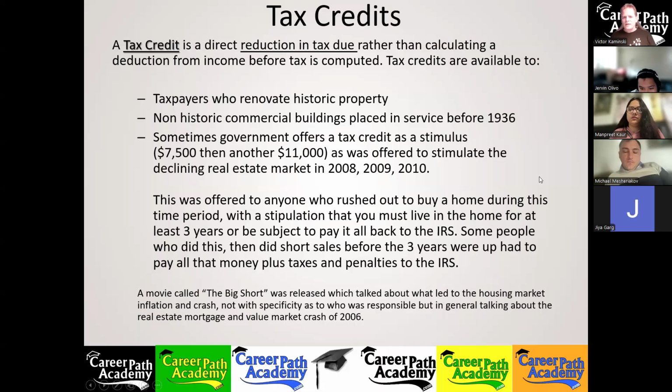Now, at the end of that stimulus program, 2009, what happened? The markets continued correcting themselves, and the property values started to drop like a brick when that $7,500 incentive went away. So politicians, still not learning from their lesson, said, "Oh, we got an answer to it. We didn't throw enough money at the problem. So what we need to do is offer more money incentive."